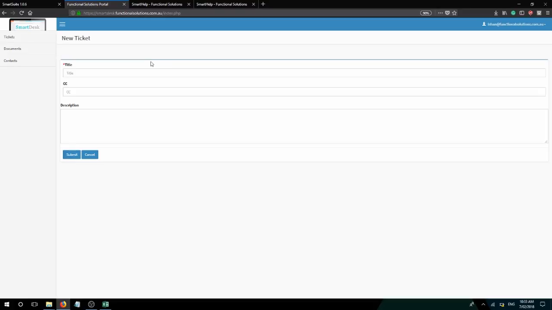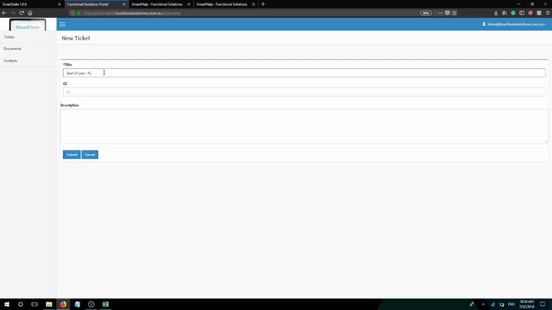So this is where you create your ticket, and once you click submit, it will be sent to us for us to have a look and reply back to you. So you would start with the title. We recommend naming the ticket something that is what the ticket is about, so it's easier for us to find it in the future, and it will be easy for you to reference back as well. So as an example, we'll just say start of